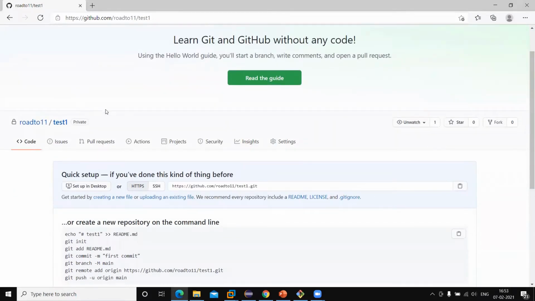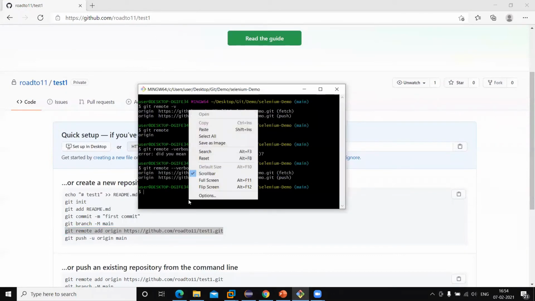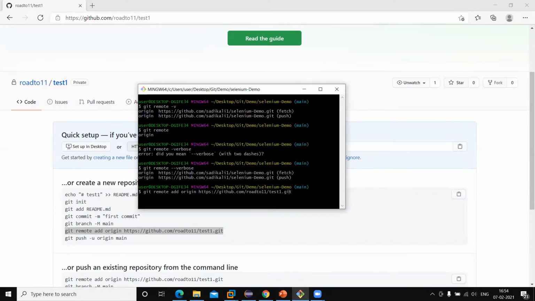This is under a different user, and we can use this command git remote add. Then this is the remote repository name, we can give any name, and this is the remote URL. Okay, so let me add this. So here I am going to give the name repo1 because I already have one repository that is named origin. Okay, so this is my second repository repo1.